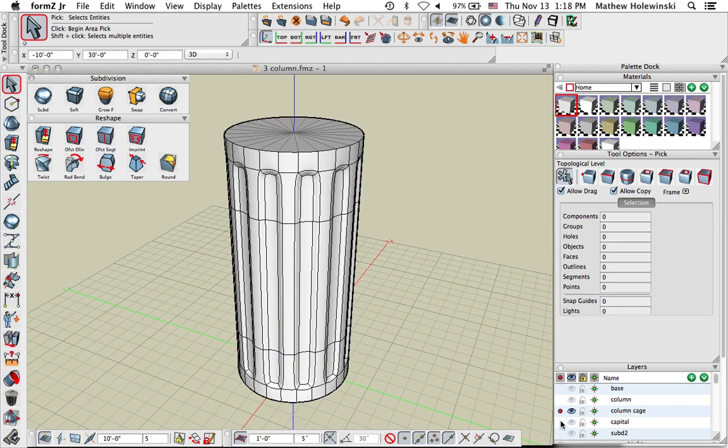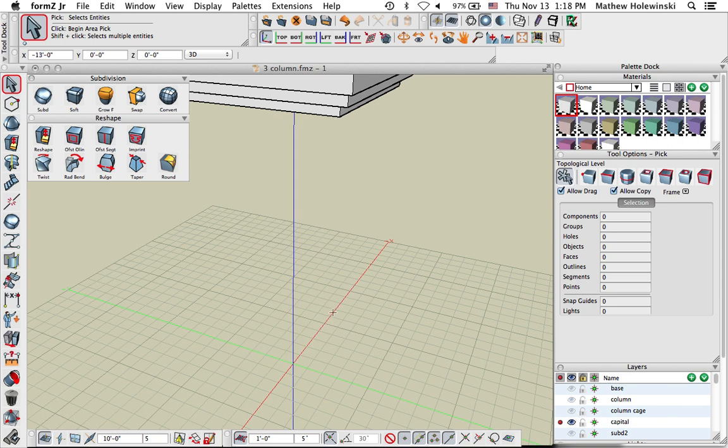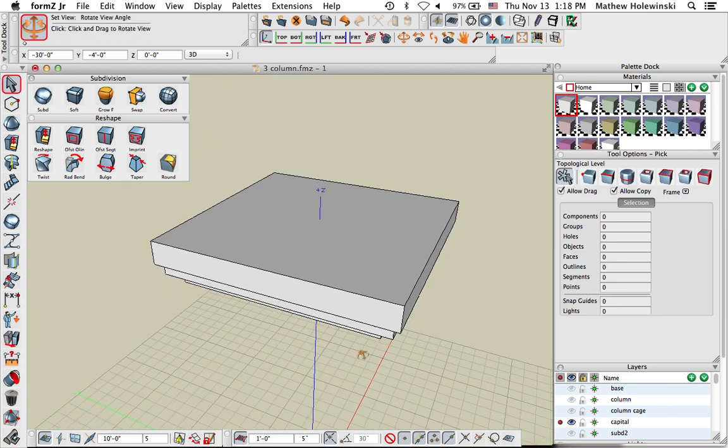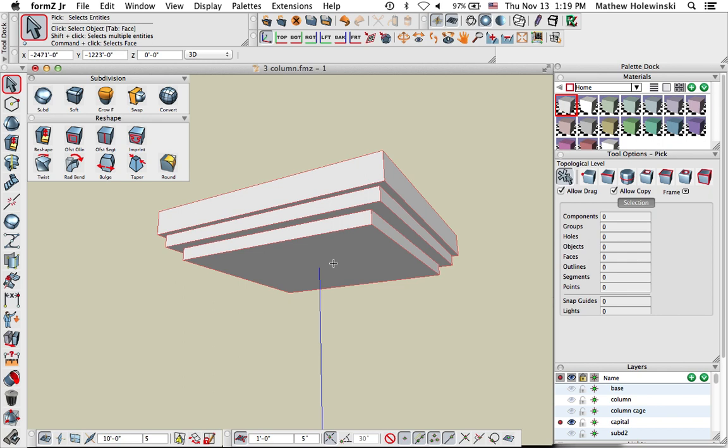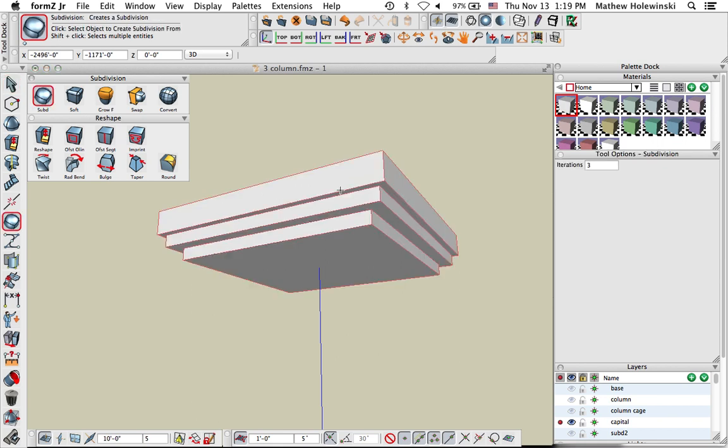So we'll sort of start off similar to what we did with the base, except I'm going to show you a couple of neat little tricks we can do here with the subdivision modeling. We want it round down here, but we want to keep it square up on the top. So how can we use the subdivision tool to be able to accomplish that type of form? Well, let's try it. Let's do subdivision, click on our